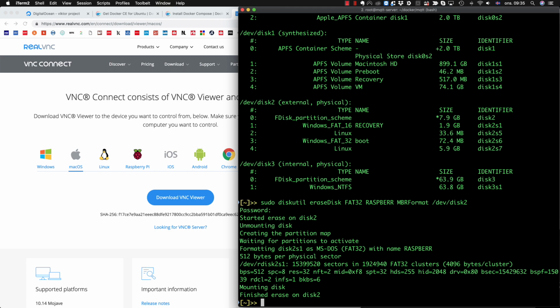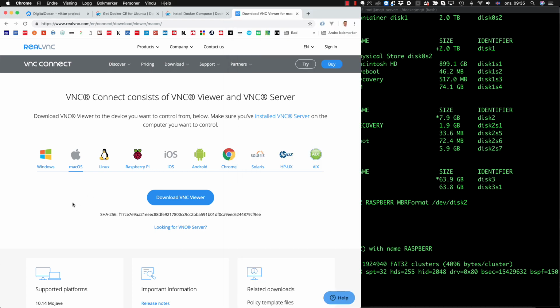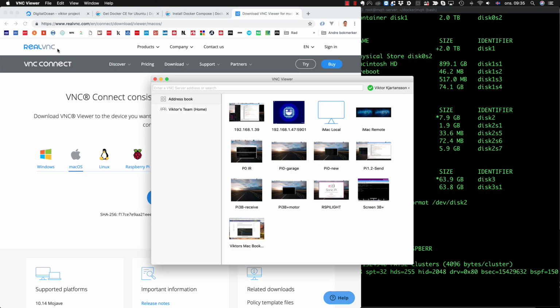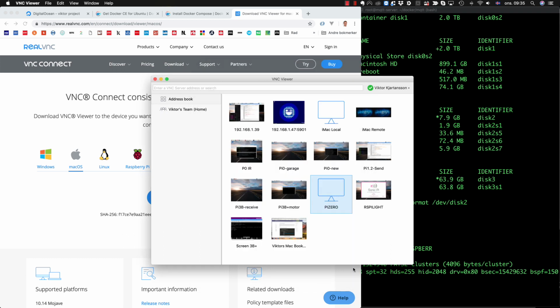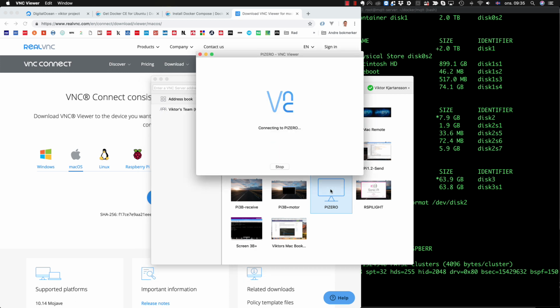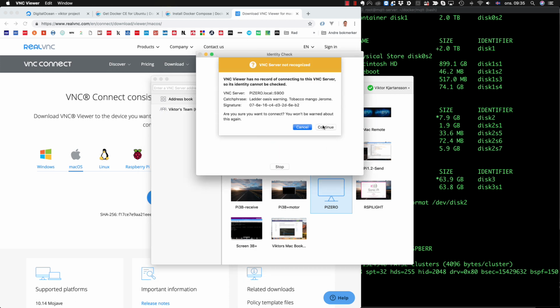So the next task is to connect to our Raspberry Pi through VNC. So just download the VNC viewer from RealVNC. It's working good. And go here into the VNC viewer, make a new connection, pi0.local. Since it's on our local network, just call it pi0. All the defaults here. And then when we double click on it, it asks us to confirm the